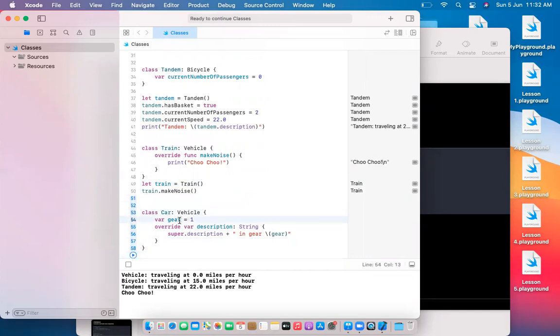Here we have put its own property, the gear property, which is the own property of the car subclass, and we are overriding the description from the base class. When we are doing that, we have to use the keyword super here. Super dot description plus in gear, gear. So if you run this,